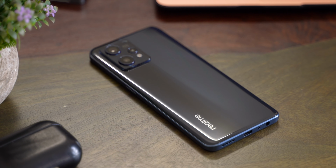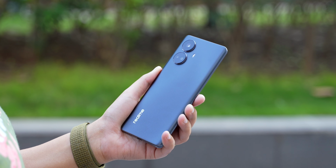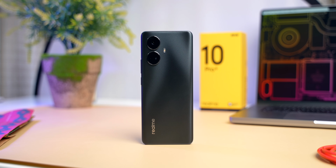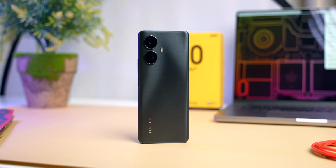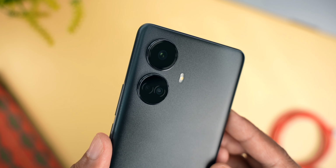So if you plan on going from the Realme 9 Pro Plus to the 10 Pro Plus, you will definitely feel the downgrade in terms of camera quality. But honestly, I don't really know many people who will be making this upgrade. Most people planning to get the Realme 10 Pro Plus might be coming from an even older phone, and chances are, their phones might have even worse set of cameras. In this video, let us try and find out how the cameras on this Realme 10 Pro Plus would be